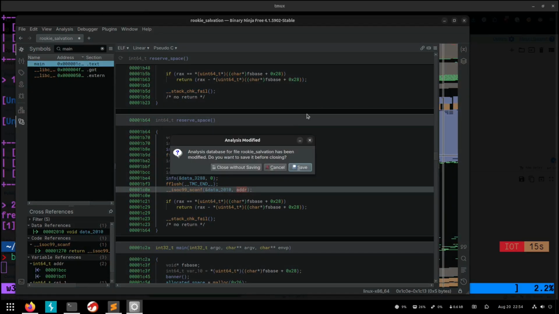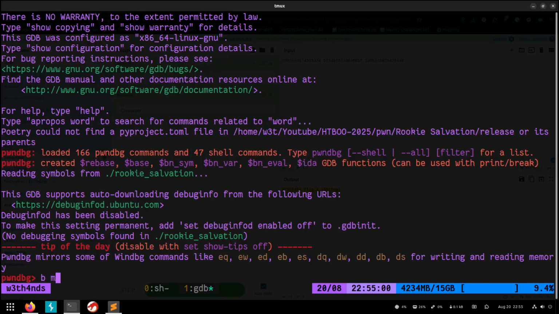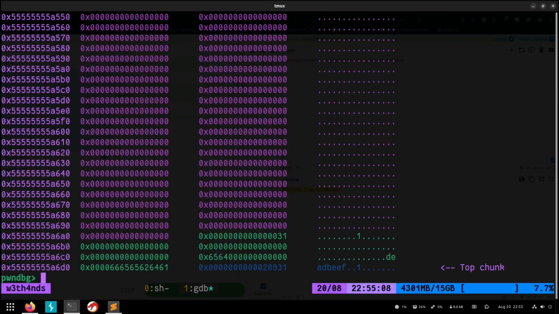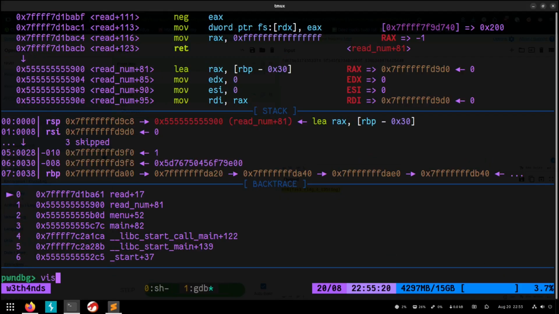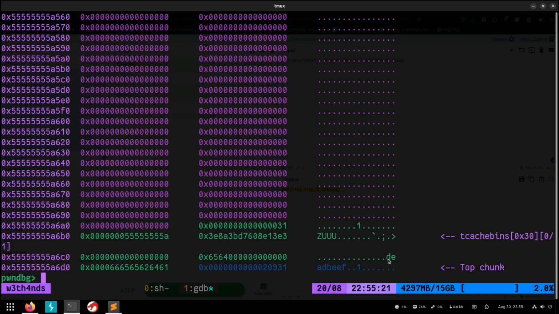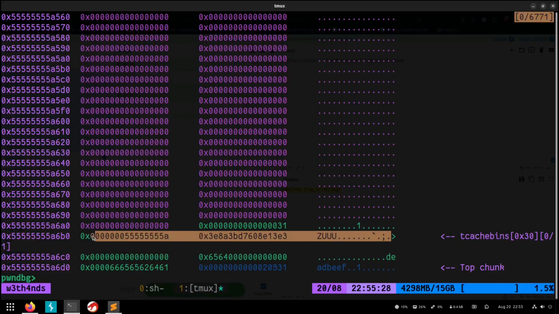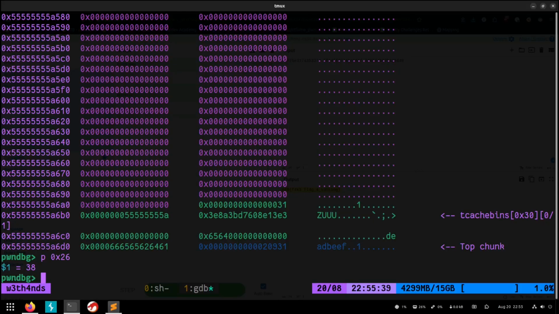Let's see inside the debugger to get a better look. gdb rookie salvation, b main, and we run the program, continue. So right now, if we take a look at the heap, we see that the value deadbeef is right here. We continue, let's free it, and again take a look at the heap, and we see that the value is still here, so something is wrong with the program. And we see that the tcache points at this address here. As we saw, the challenge allocated 0x26, so 0x26 is 38, so it allocated 38 bytes to write this string,